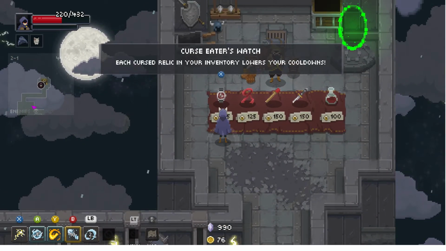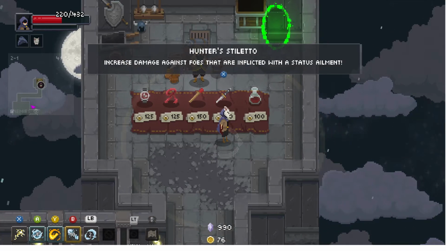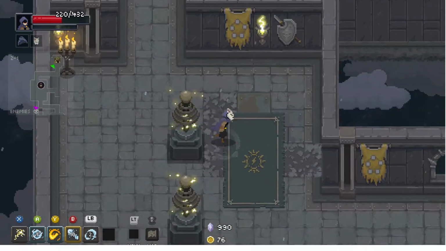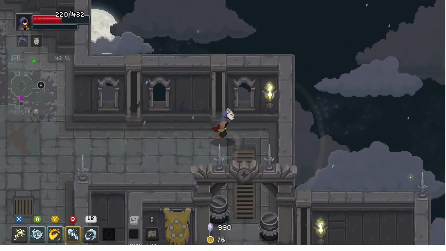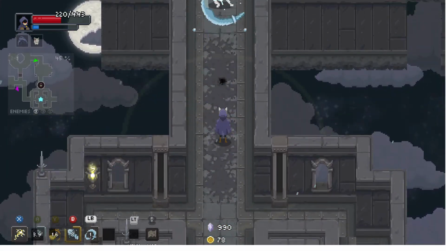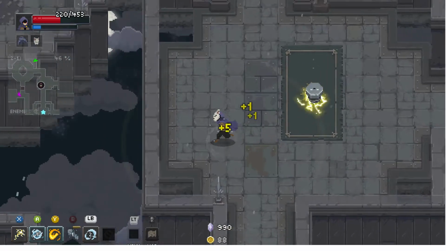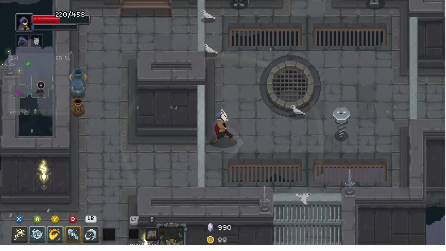What do we have here? I like the idea of the Hunter Stiletto, but the best way to make use of that is to have something that inflicts poison, because even though poison doesn't do a lot in the way of damage in this game, it does last a good long while. That and all the enemies here are going to be immune to shock, so... I can inflict freeze, but that goes away the moment you hit them, so...